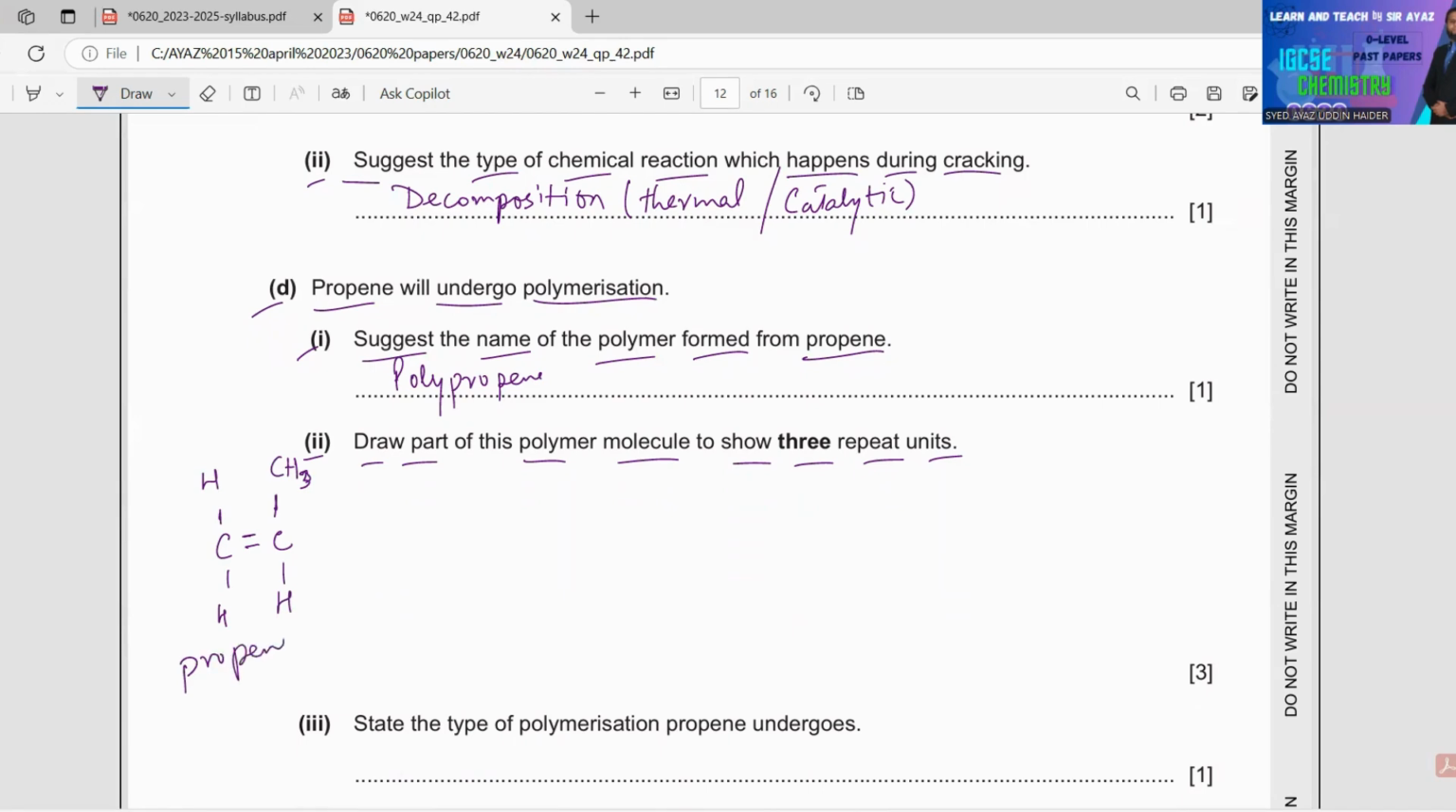This is a monomer. Now they are saying that draw part of this polymer and you have to show 3 repeat units. What you have to do is simply remove the double bond between these. So you have 3 repeat units in this way. CH3, H, H, H, H, H. We are again having CH3 here, last one, CH3. This will be the 3 repeat units for the